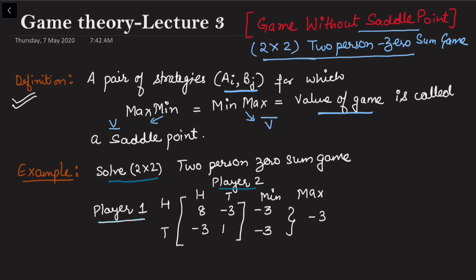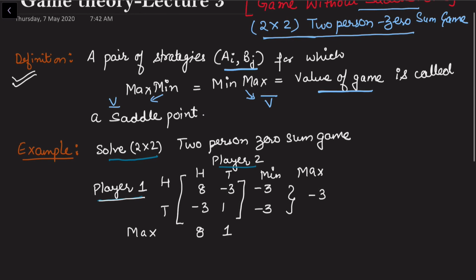On the player 2 side, I want to apply the minimum of the maximum loss. So here I'm going to first find the maximum, and this maximum is 8 and here the maximum is 1, and then I want to find the min max. This is what we do usually, and this quantity was actually max min. Now the min max of these two quantities is 1.